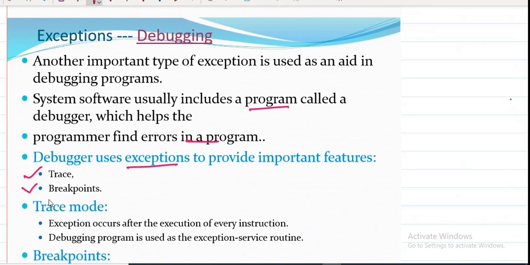One is called trace and the other breakpoints. I already told you about breakpoints. If you have a for loop and there is any issue with it, maybe the value you are getting is not correct. In that case, you can set a breakpoint from this line to this line. Whenever the program execution encounters a statement between these lines, it raises an exception, only for that set of lines. That is using breakpoints.